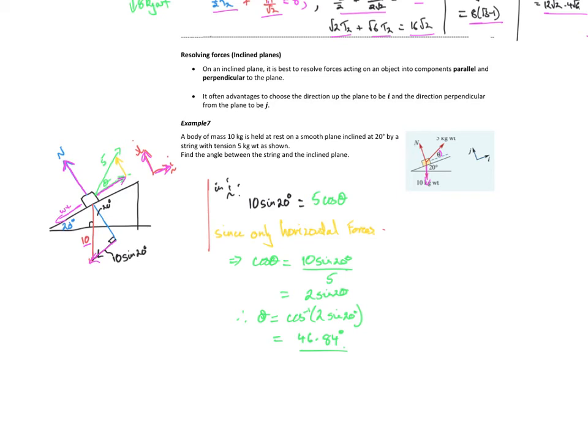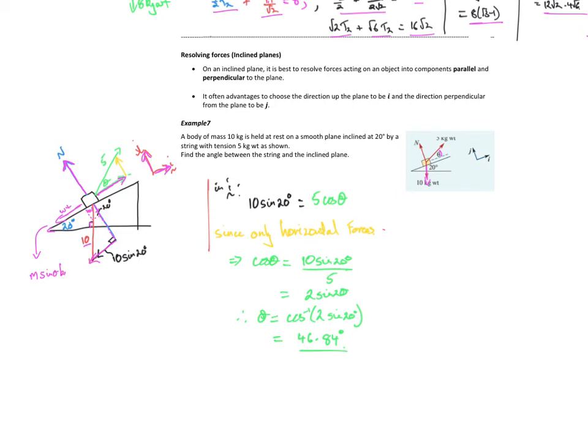So if we again consider this right angle triangle that we create with the red weight force, there's a little right angle there. So that angle's 90, that's 20, that's got to be a 70 in there, which means I'm now creating another triangle, where this blue line, which is acting perpendicular to the plane, so that angle in there is going to be 90 degrees. So what we actually find is this angle in here is 20 degrees, and we probably won't talk about it